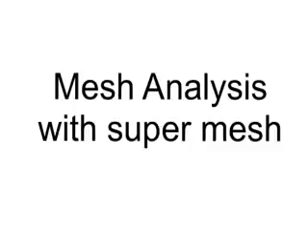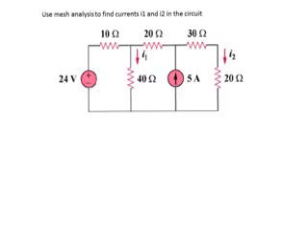Now let's talk about mesh analysis applied to the circuit with the supermesh. The question is to use mesh analysis to find currents I1 and I2 in the given circuit. And of course, the first step is to assign the mesh currents. We can see that there are 3 meshes, so we'll make the mesh currents I1 for the first mesh, I2